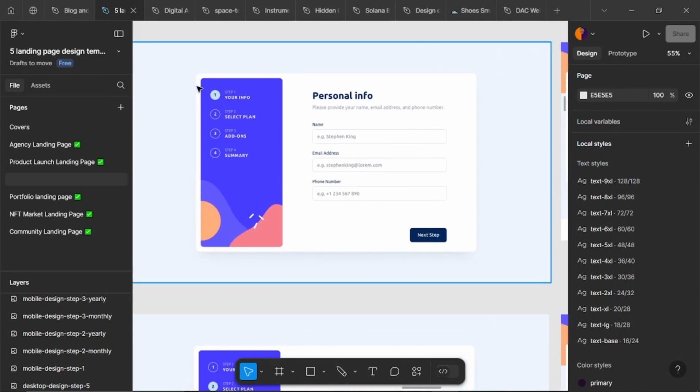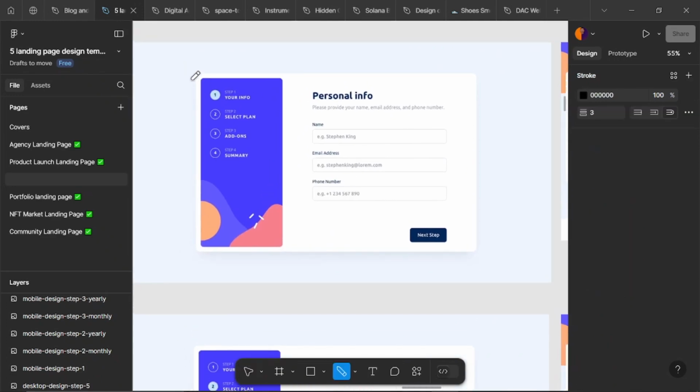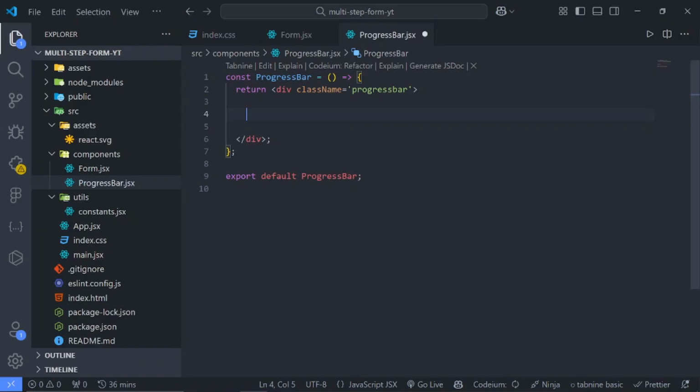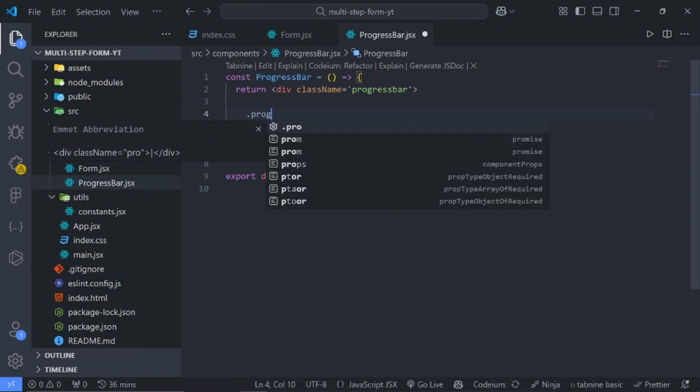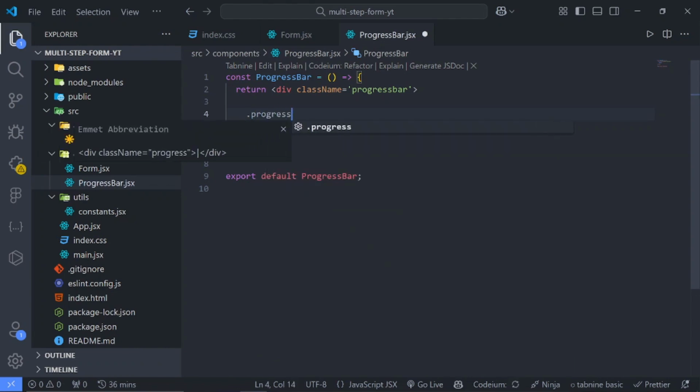So we need a div to hold the entire progress bar here. Then we'll also have another div to just hold all these steps. So that's what we'll be doing. So we'll say progress bar, and inside this div we'll say progress bar underscore steps,